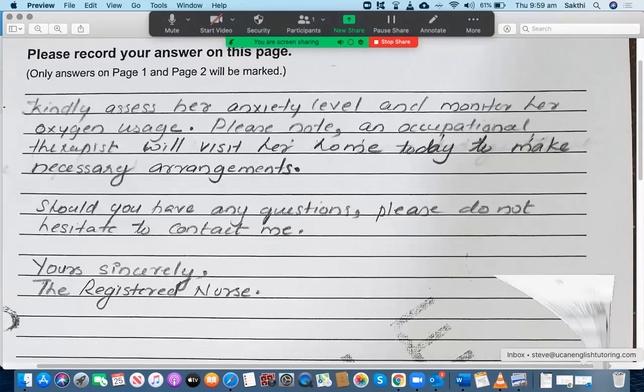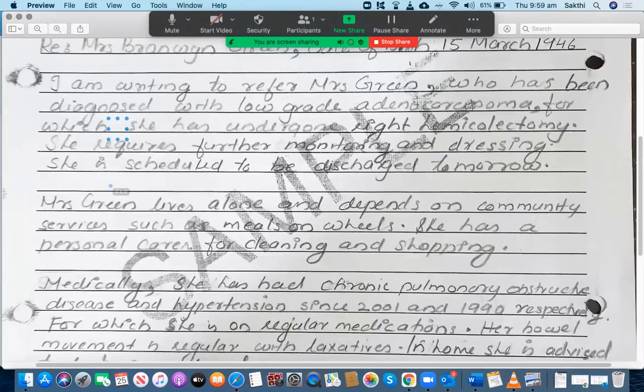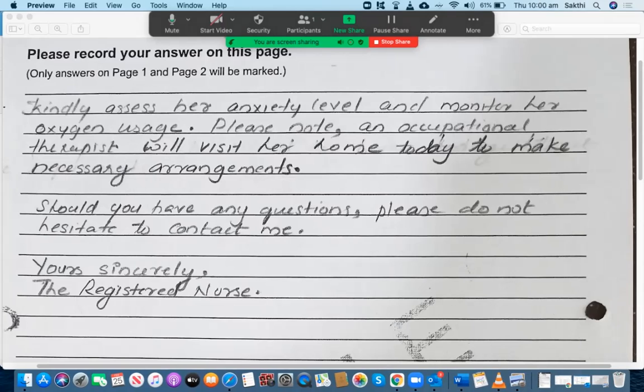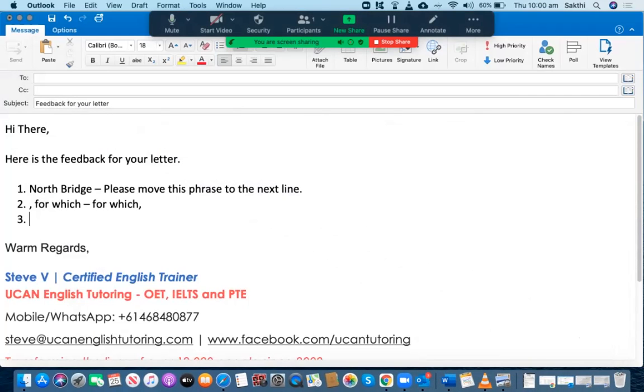All right, let's go to the next one. She requires further monitoring and dressing. There's a full stop. It's a simple sentence, and she is scheduled to be discharged tomorrow. Instead of writing two simple sentences, she could have used them together. Okay, that's much better. All right, that is highly recommended. So she requires further monitoring and dressing after her discharge tomorrow. That should be all right. That's much better. So you don't need to write down, okay, so after her discharge tomorrow,